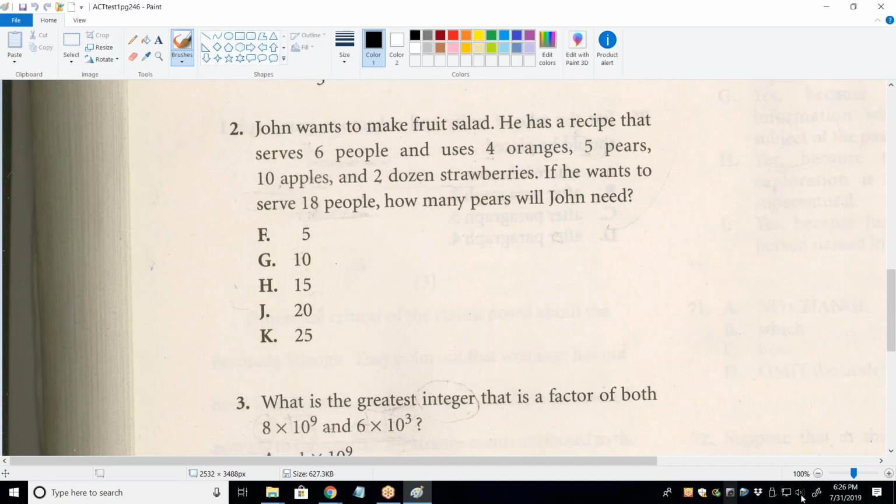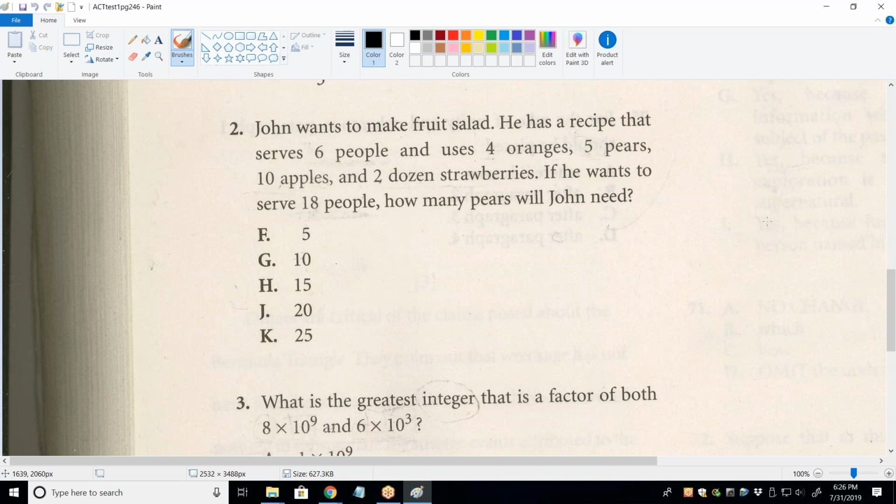Number 2. These are pretty typical of the problems you find on there, especially this one as an easy problem. The reason I say it's typical is because it's got a lot of information in there you do not need. And ACT is famous for this. They put information in there that you really don't have to use to solve it. You know, they got 1, 2, 3, 4, 5, 6 numbers in that problem. But you don't need most of